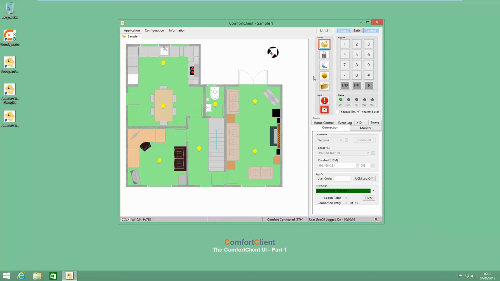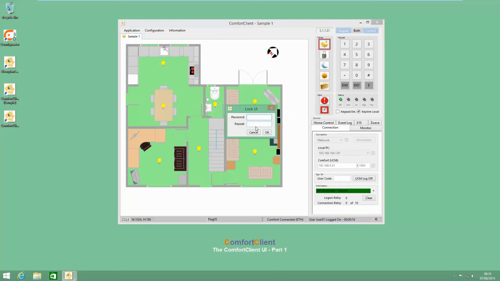One of the other things that's quite common to want to do when you're using a system, maybe this is displayed on a tablet on the wall, you want to be able to lock that. So in the application menu here we have the ability to lock the UI. I can put a password on that, which I'd normally do. I won't for the purposes of doing this, but